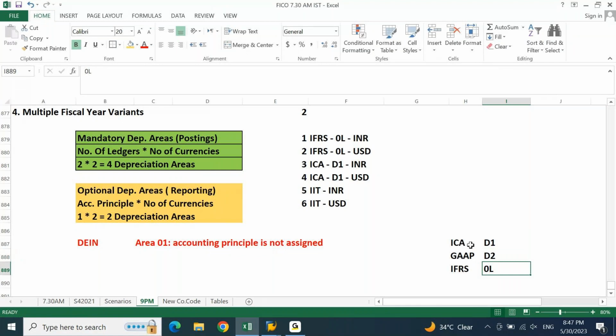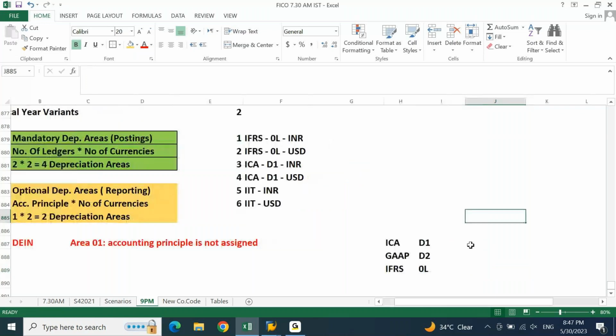Yes, sir. Now if I pass any accounting entry, this accounting entry is going to update 0L, D1, D2 by default.